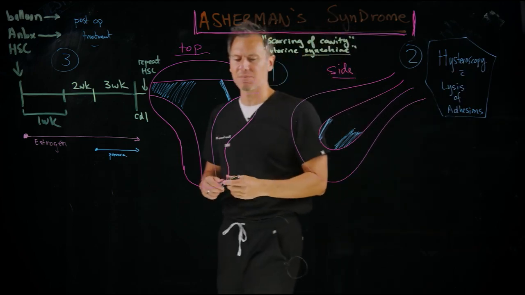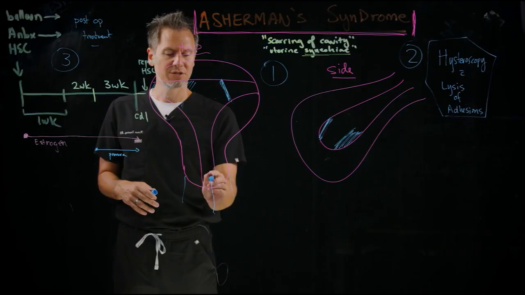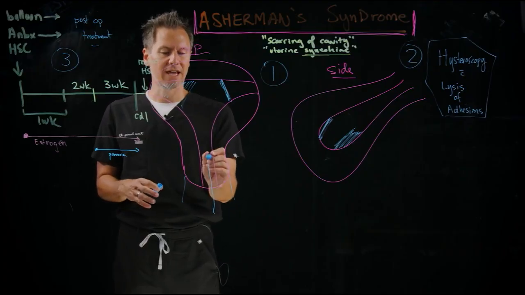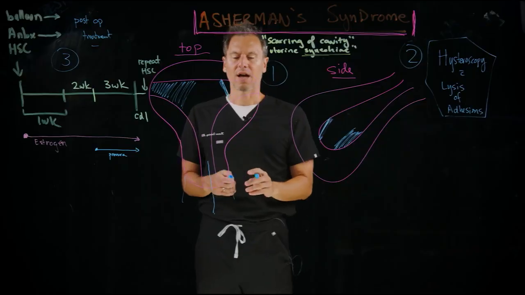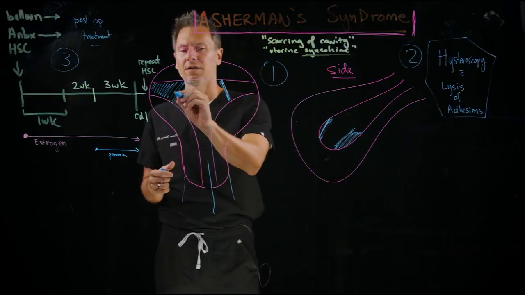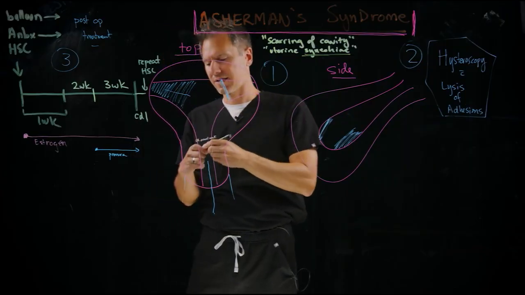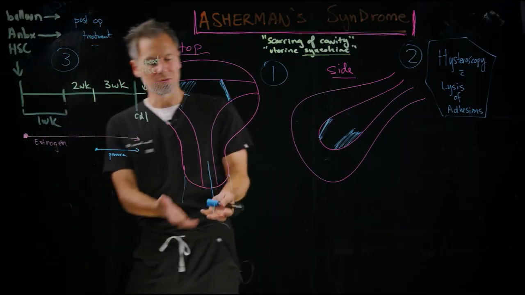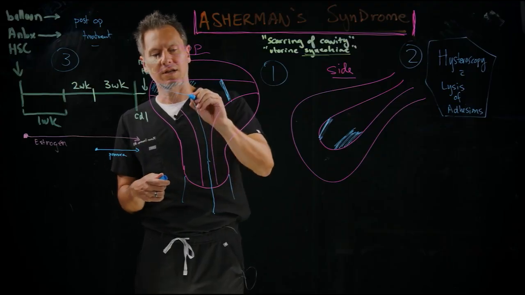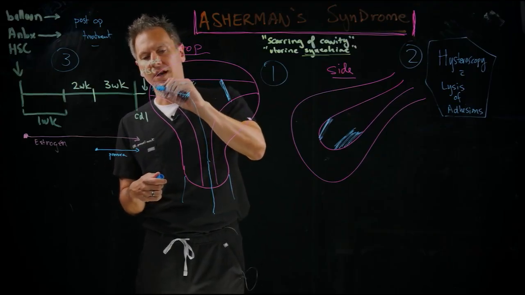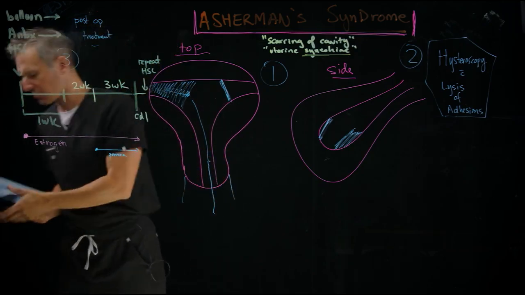The approach to treatment is usually an outpatient surgical procedure called operative hysteroscopy with lysis of adhesions. Hysteroscopy is the passage of a camera without any incisions through the cervix into the uterine cavity. We can pass scissors through a hysteroscope so that we can cut through any scar and open up the uterine cavity. So in this scenario, for example, we would go in, we would cut and open up until we can see the opening to that right tube, so that the finished product